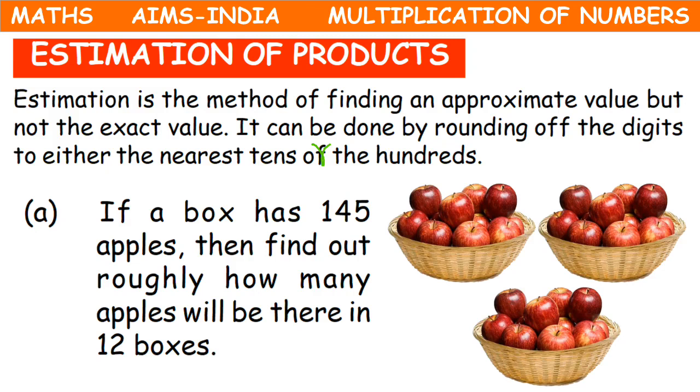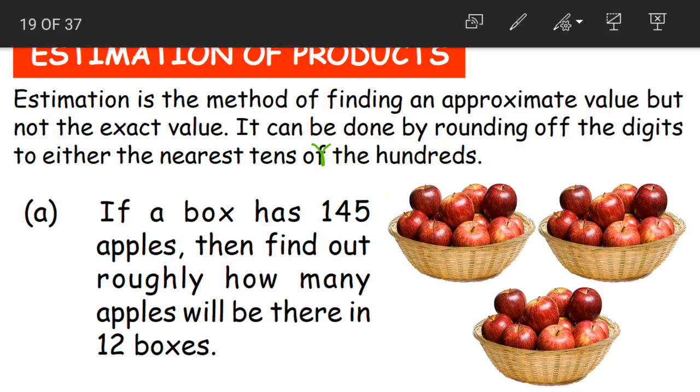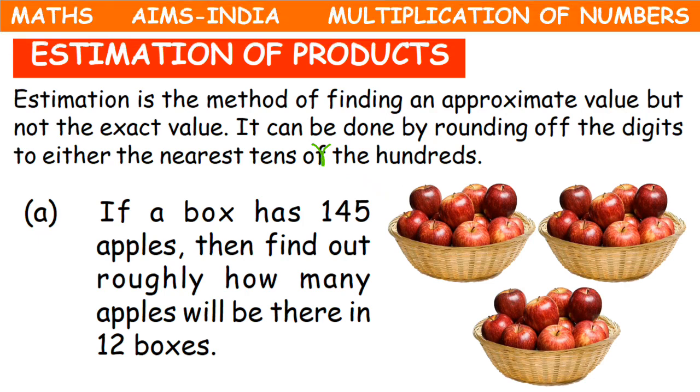What do we learn about now? Now we learn about estimation of products. We already know what a product is here. Product is the answer that we get from multiplication. Now what is this estimation? It is the method of finding an approximate value but not the exact value. Means what children? Suppose